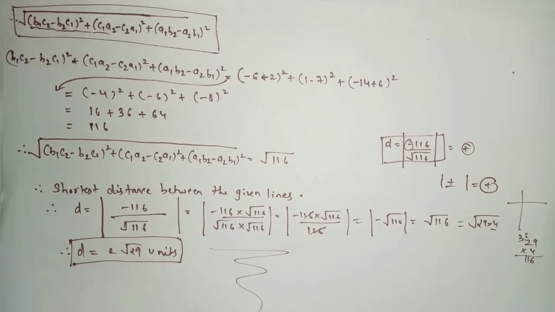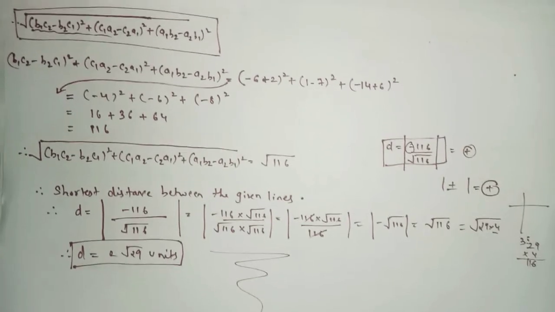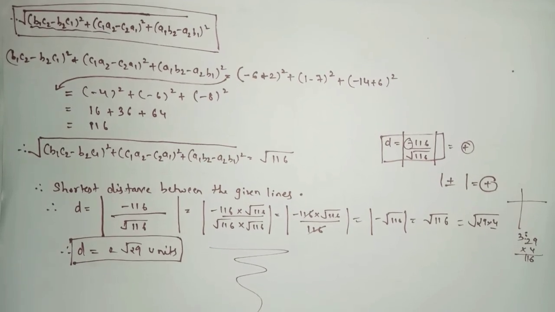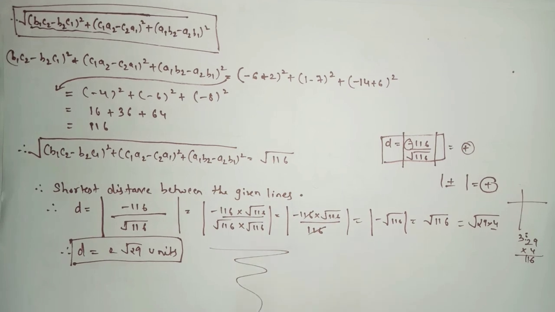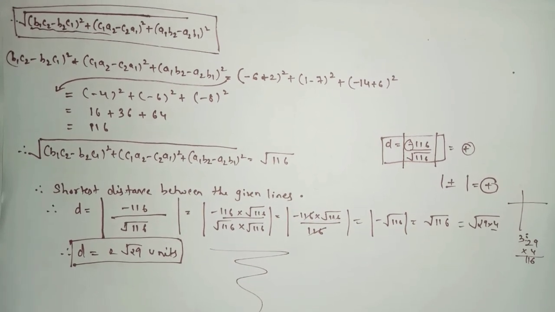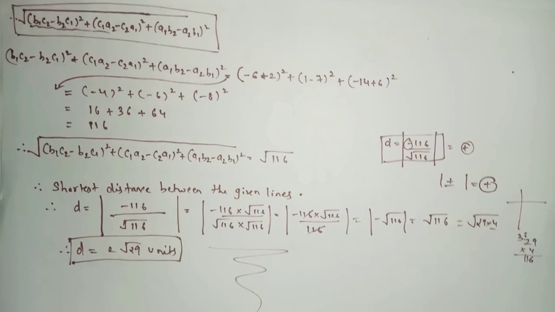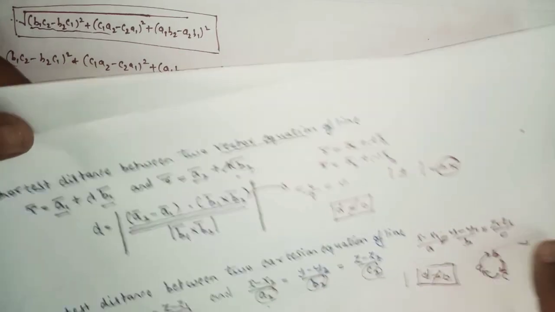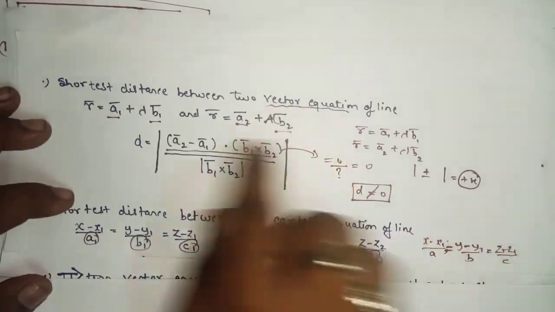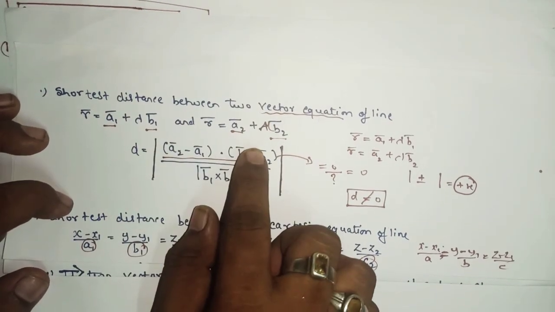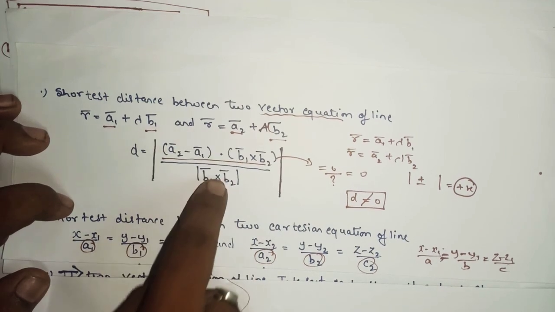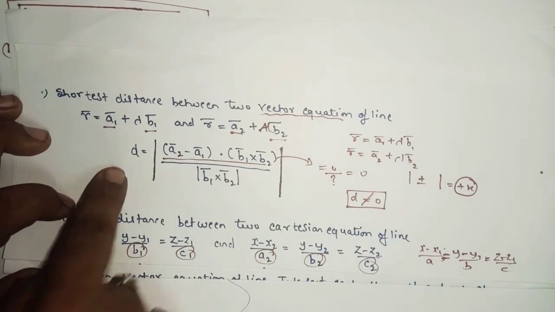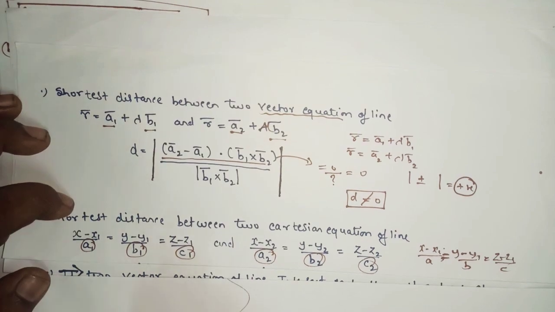So we'll take now two more sums. One sum will be based on the vector equation and the second sum will be based on the Cartesian equation. There we'll see whether the given two vector equations or Cartesian equations are intersecting or not. Just simply you have to check this numerator section. Okay, you will find the numerator section. If your numerator turns to 0, then 0 upon any term will be 0 only. So if distance is equal to 0, straight away you can say that the two vector equations are intersecting each other.